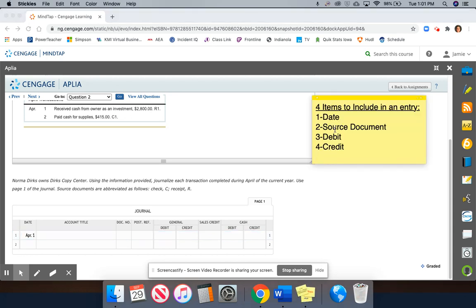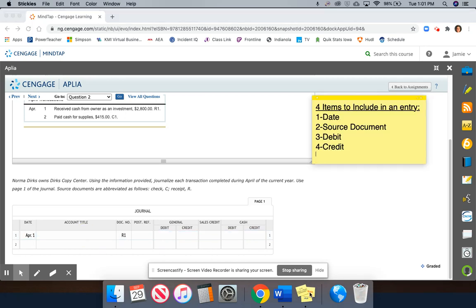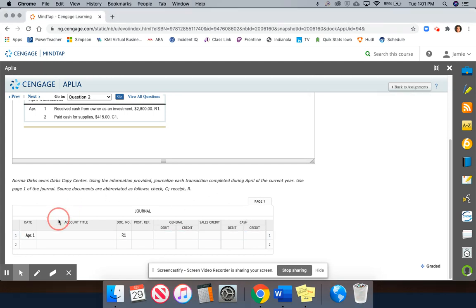Next thing we need to have is a source document. So our source document is R1. So the date and the source document are always going to be given to you. Next, we need a debit. So we received cash from owner as an investment. If we receive cash, cash is an asset, increases with a debit. So I'm going to come over here. We never ever write cash or sales in the account title because they have their own special columns. So I'm going to write cash debit,